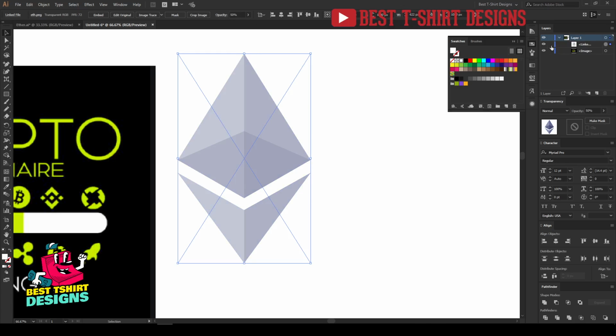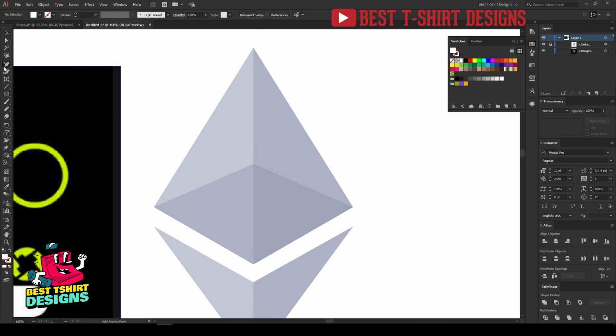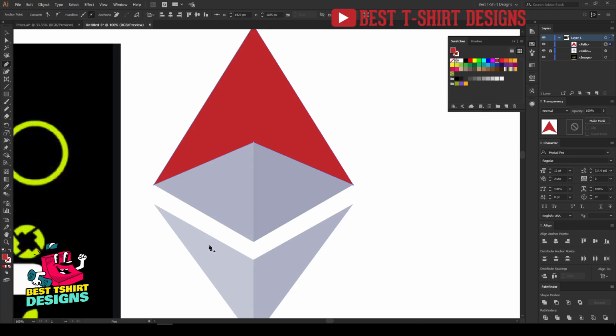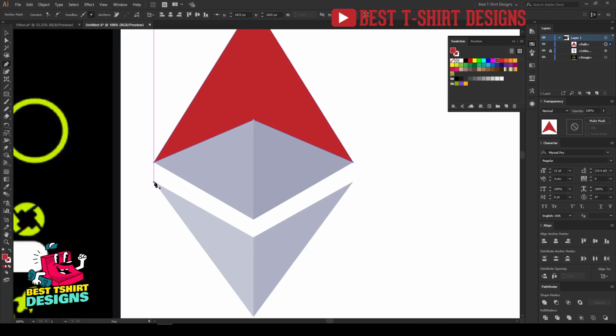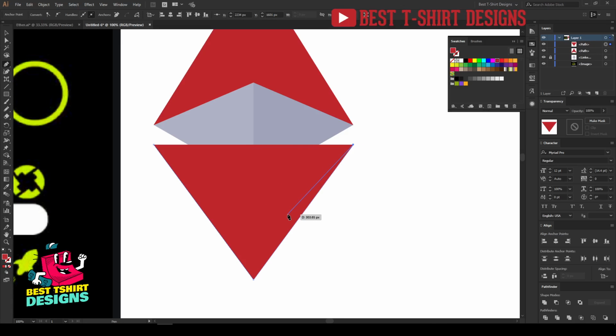So I'm going to lock this layer here so that I can draw on top of this, and the theme I want to create here is something very similar. So I'm taking a fill color. You can take any color, then click on these corner points just like this, so that you can make this outer line here. This is perfect. Now again I'm going to click on here. I need to maintain the proportion, and then here I can press Shift X right now.